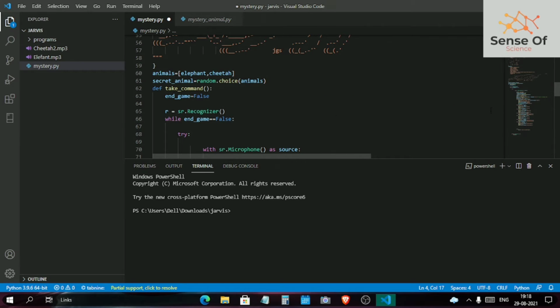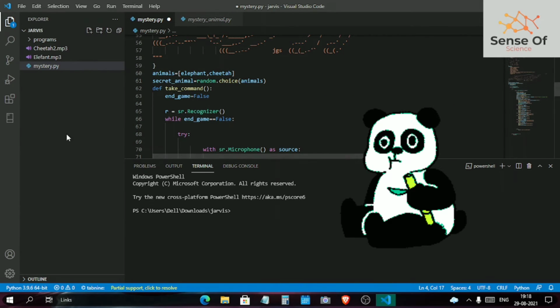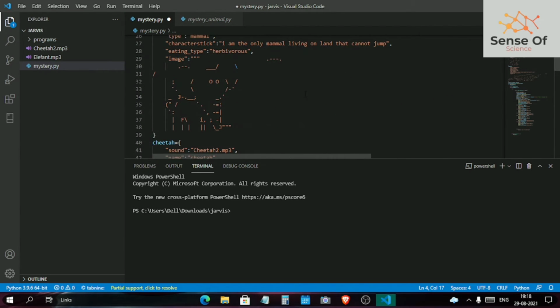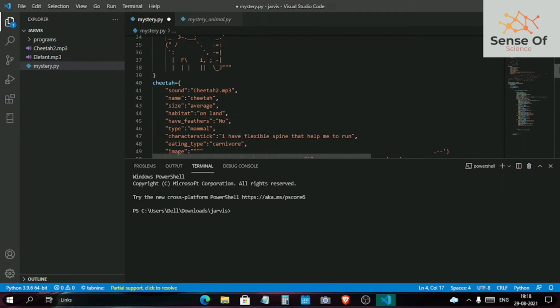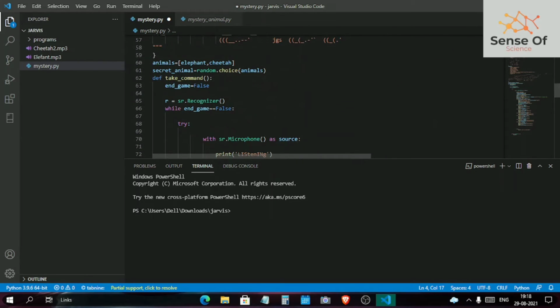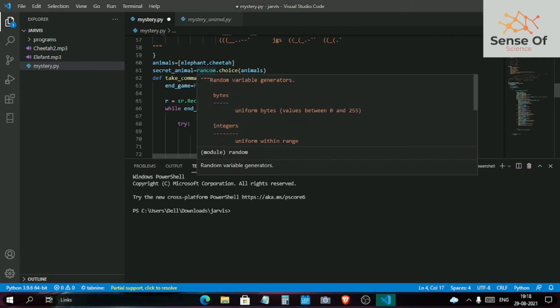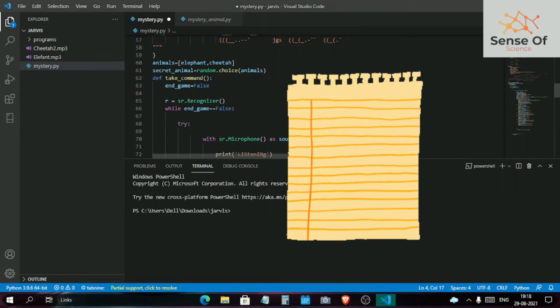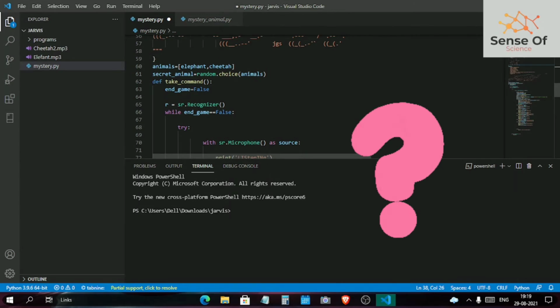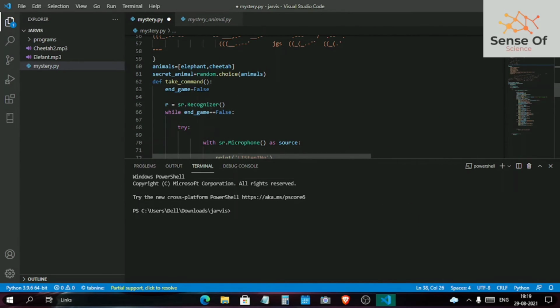And of course, to ask these questions, the computer had to choose one animal, because in the future we might add more animals instead of these two. And if we talk about now also, we have two animals, and we wanted a random animal to be chosen by the computer. That is why I just created a list of both of these dictionaries and just chose a random item from this list and gave it to this function to ask the further questions. And I got this random functionality from the random module.